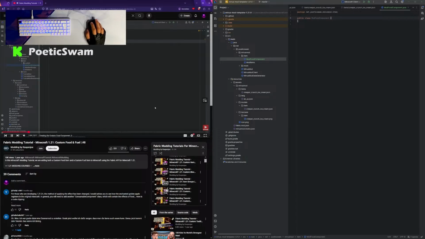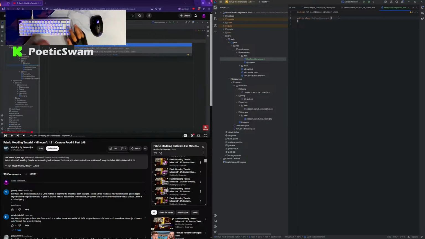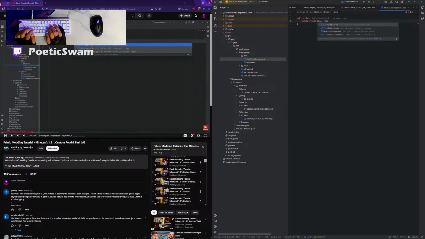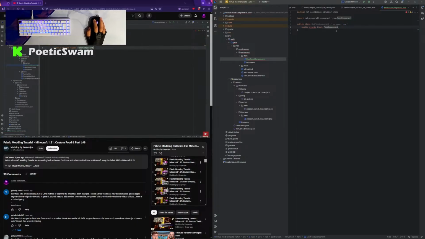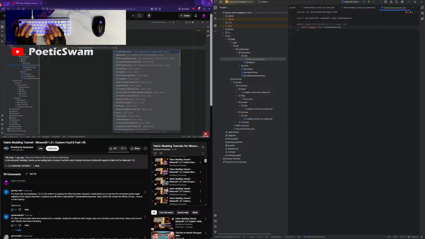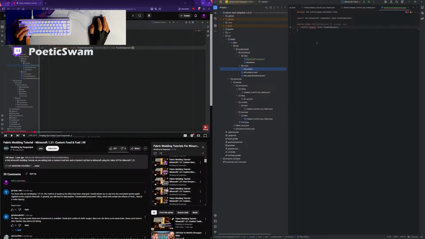And this is going to have a new food component. So we're going to have public static final FoodComponent, making sure we choose FoodComponent over here. And then just tab to auto-complete it, and this is going to be the component for the cauliflower. And it's going to be a new food component. Now this is going to be the component for a very